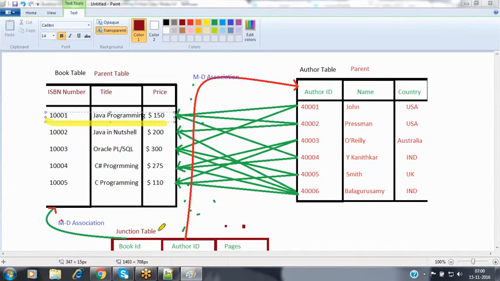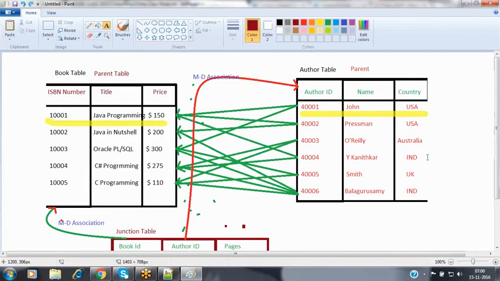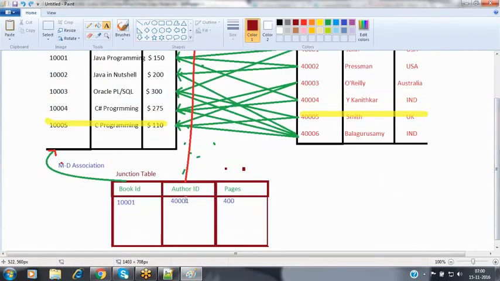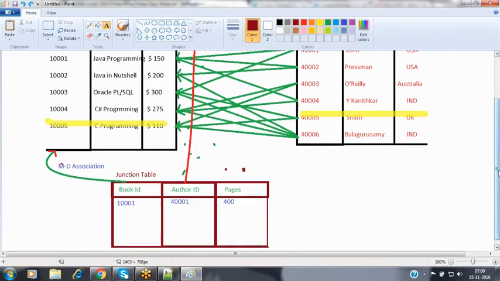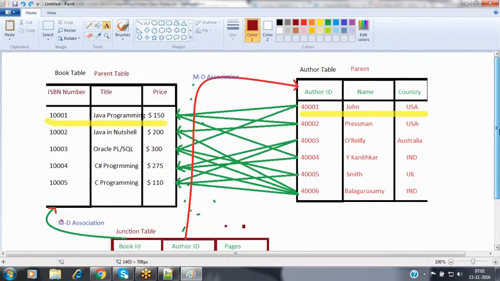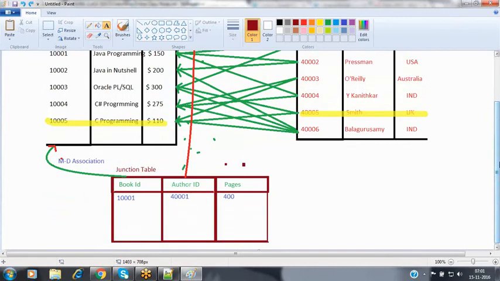For example, in the second scenario, if I remove a parent record from the other table, then whatever entries are associated with this particular other table inside the child, all these entries will be removed. If you delete the parent record from any parent table, the associated child records will be removed from the child object automatically. So this is the functionality that we have. This question is very, very important from the interview point of view also. Upon removing a parent record from any table, the corresponding child records in the child table will be removed by default.